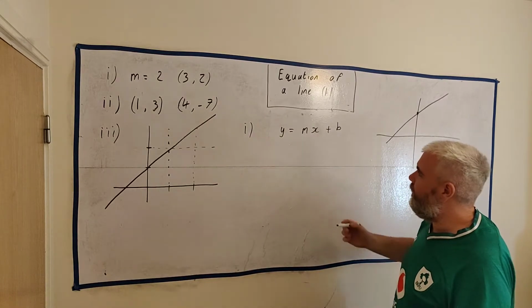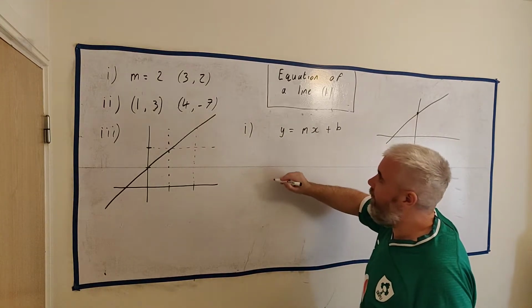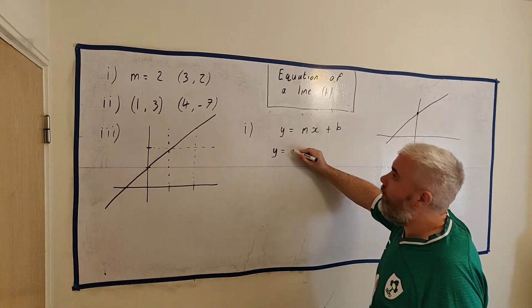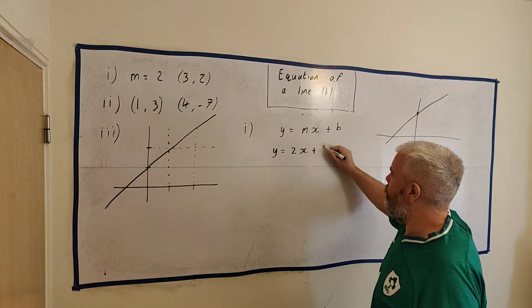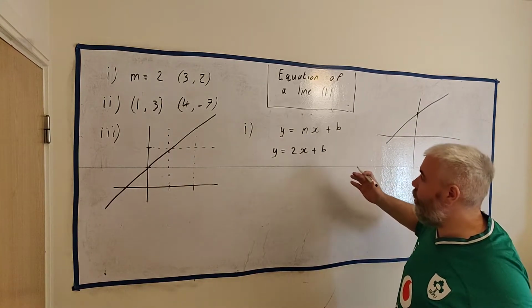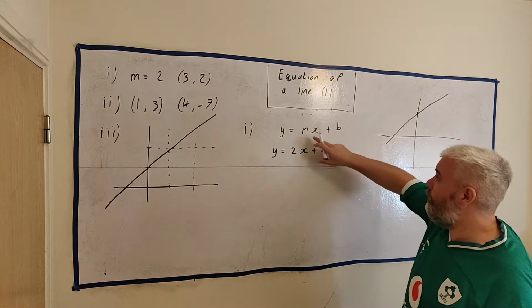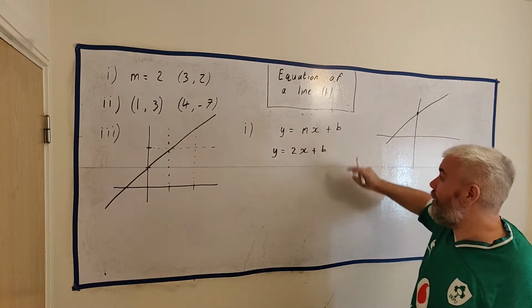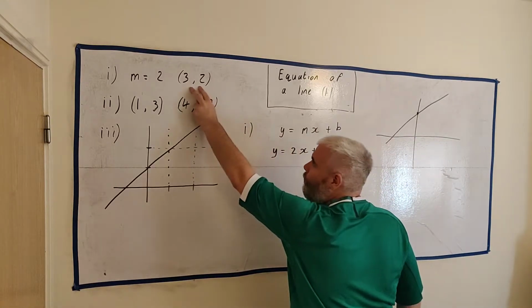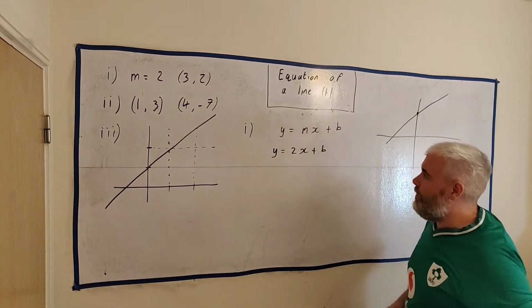In part 1 they tell us m, which is great because we have m here. So we'd write this again: equation is equal to mx plus b. And remember, this is already the equation of a line, so all we really want to do is find what m and b is. We have one point, and there's going to be enough information,